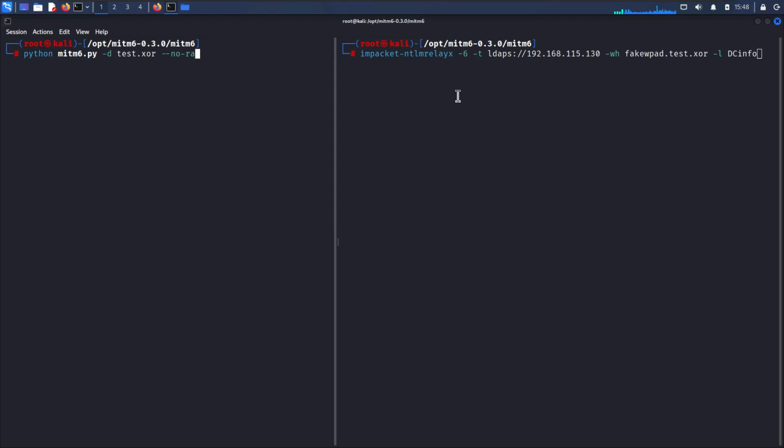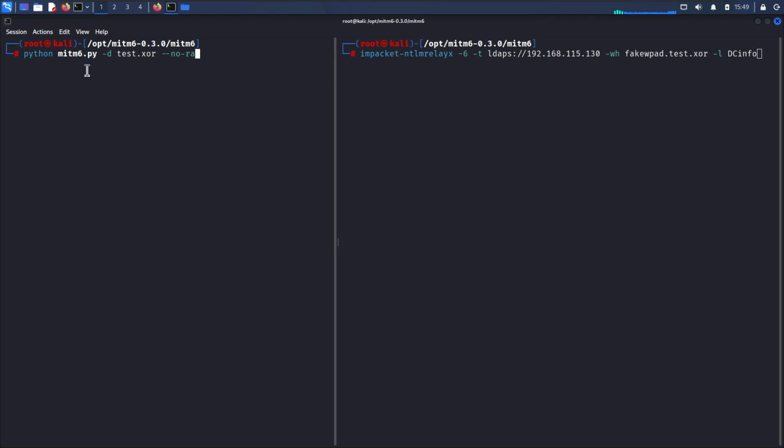Now, before we fire these things up, I want you to see that we already started the test 1 machine. Intentionally, I did not start the test 2 machine. I also started the domain controller, and Kali Linux is also started. Okay, so a few requirements are there for this attack to be performed. The first thing is, which is very normal in the network, because machines keep restarting and a turned off machine will be turned on. So whenever the IPv6 broadcast is generated by the client, those broadcasts will be listened to by our